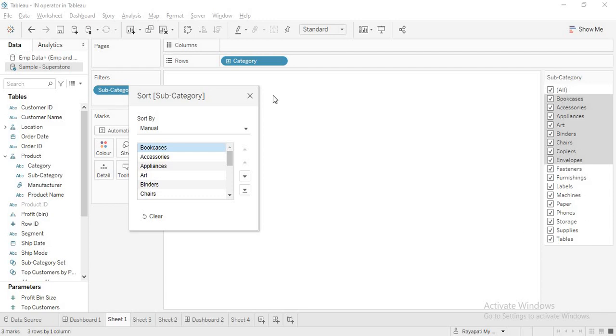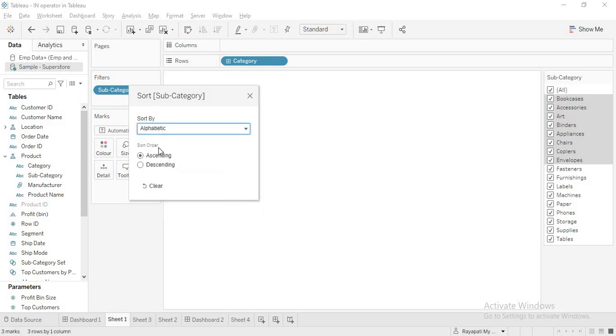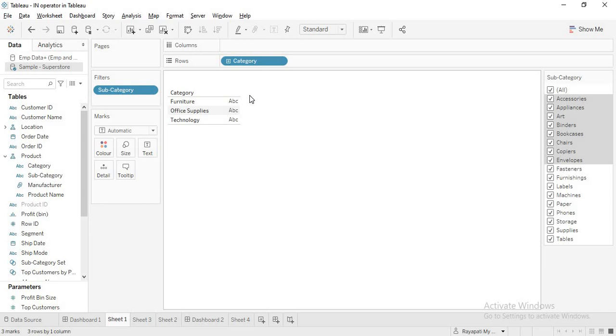So sorting a string dimension is not a complicated thing. It is not hard. You can easily get those sortings, and you can use these arrows to bring it up or down, or you can even drag them as you wish, or you can go for alphabetical or data source order. It is up to you. As string-wise, it's not a big problem. I don't even see any big issues in this, but this is one technique that you have to remember. Now coming to dates, I'll go to the next sheet.